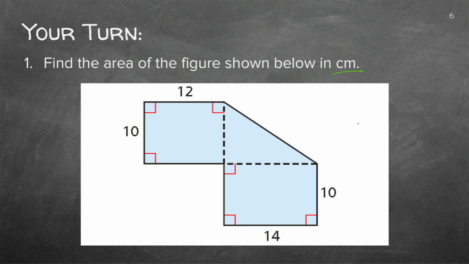Okay, how did you do? Let's see. We've got a 10 and a 12, a 14 and a 10, and now we've got to work out this. Did you manage to do that? If we know that 14 times 10, so that is 14, that is 10, so it's only a half of 14 by 10.